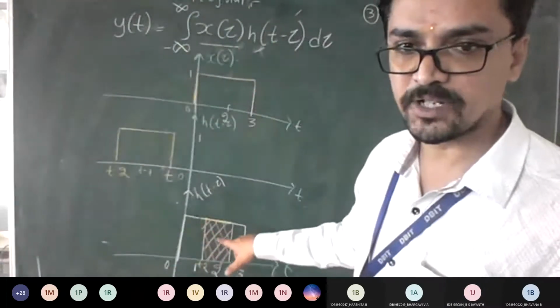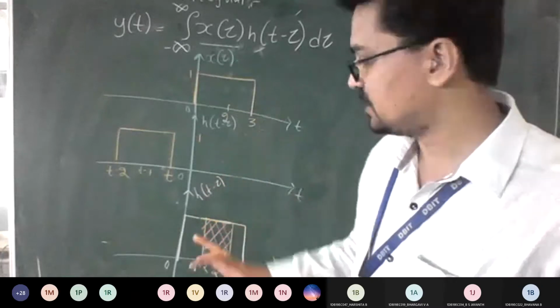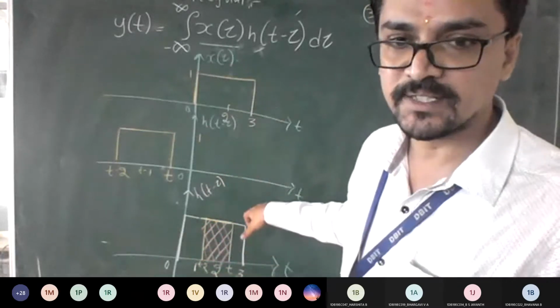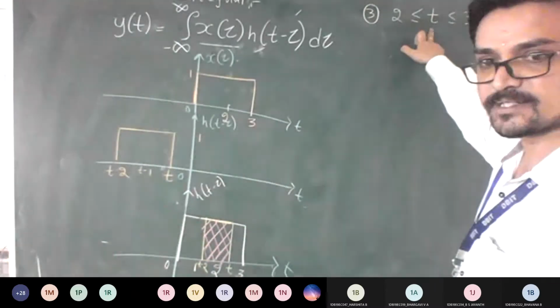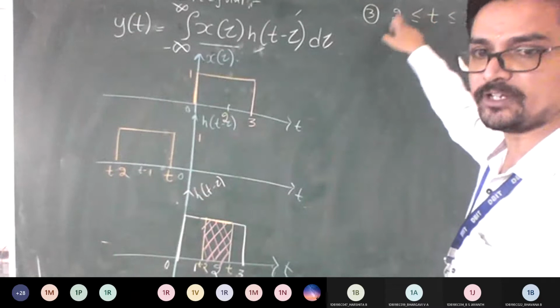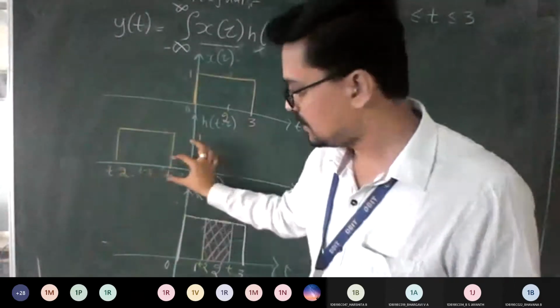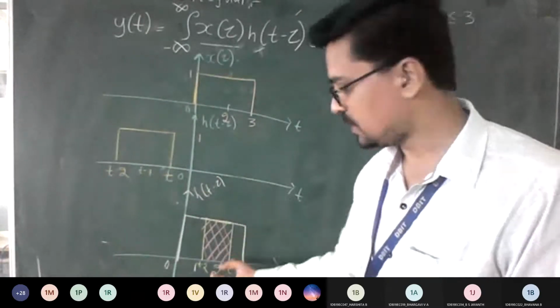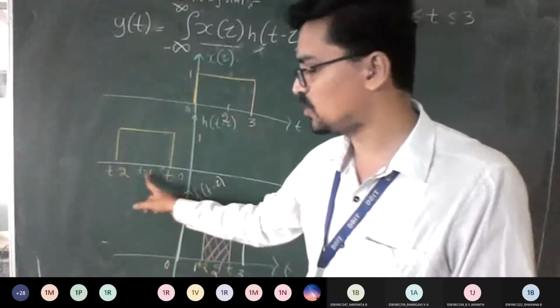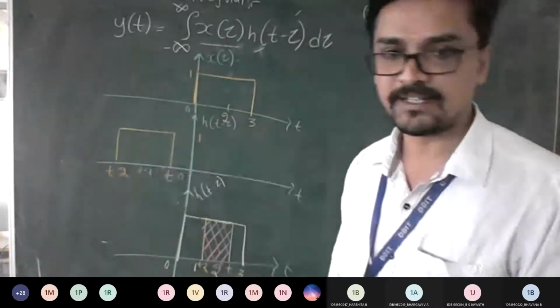See, if you're able to understand, you can solve whatever problem they are going to give in the exam. Try to understand, don't mug up. If you know the logic, you can play with this. Is it okay? You got what I did? The logic is simple. T should be between 2 to 3. That's all. So whatever the h of t minus 2 signal you have, this t you place between 2 and 3. Simple. Then where I should end? So you can see one gap is there, right? So after one gap t minus 2, you can just end there.